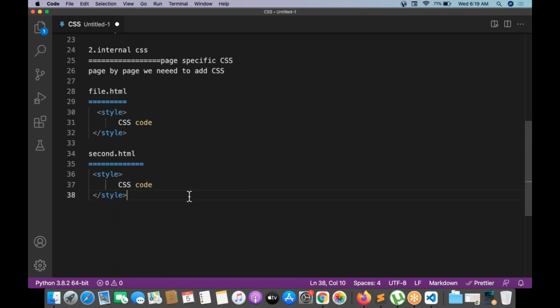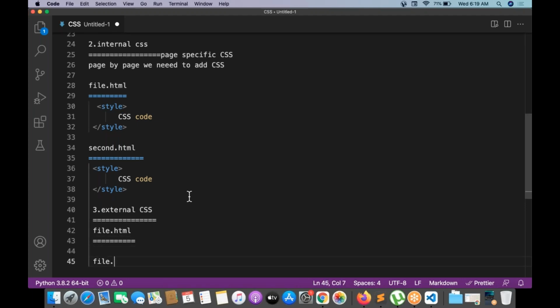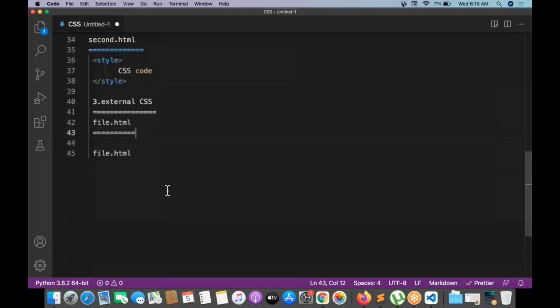And let me go with the external CSS, the third one. You want to add external CSS. So there are multiple pages, file1.html and file2.html.